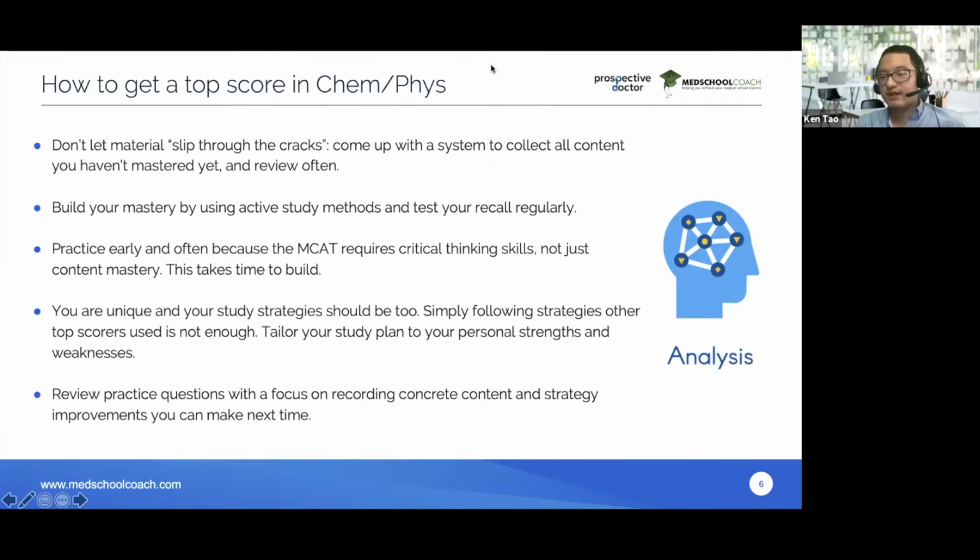the MCAT. The first thing I'm going to tell you is a lot of students seem to have this idea of, oh, if I use this set of flashcards that this student used and got a 528, I'm going to get a 528 too. The unfortunate news is if you check any of those online pre-med communities, you'll probably realize that none of those students who used those cards with that intention ended up with a 528.